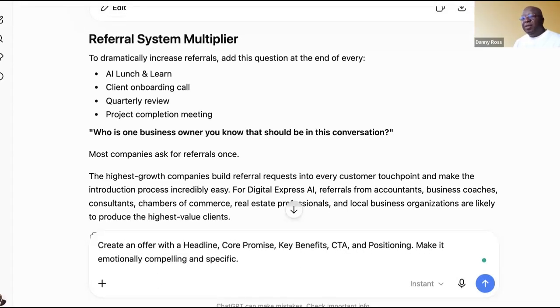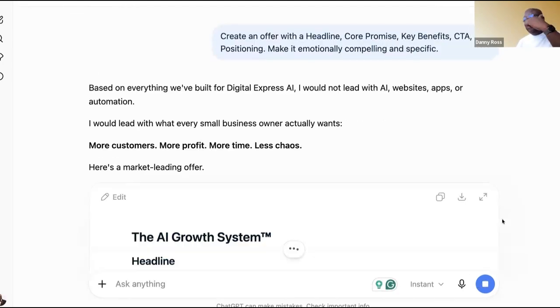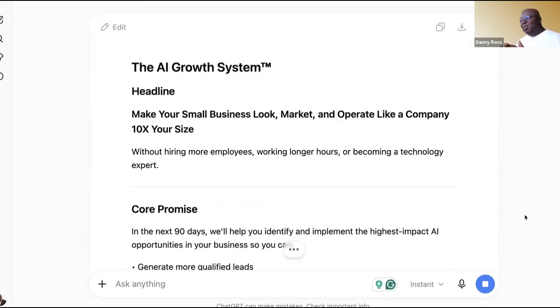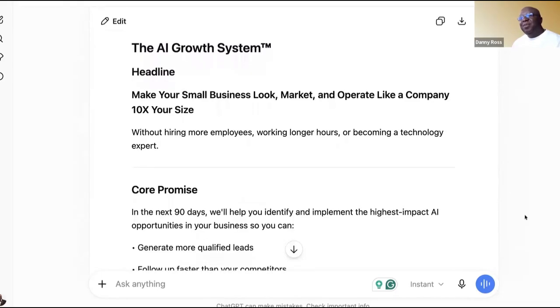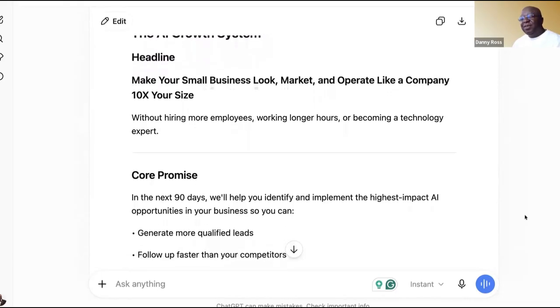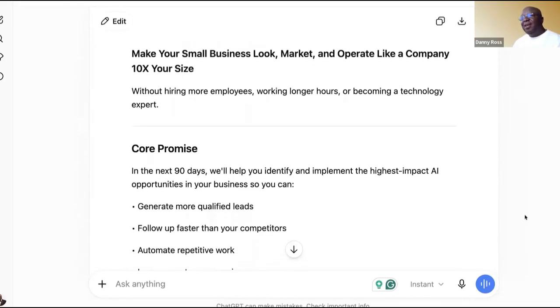We go with a headline, core promise, make it emotionally compelling. I've already trained this thread, so I don't have to go through the steps of creating the offer. I can just jump right to, "Hey, using everything that you know about me, give me a specifically compelling headline."